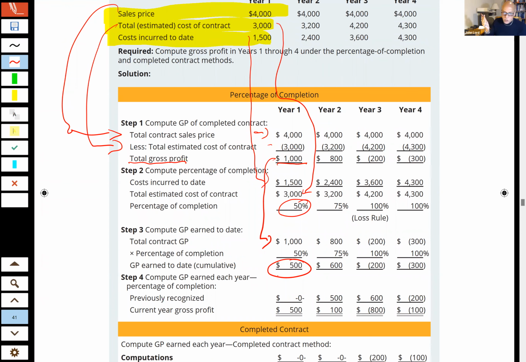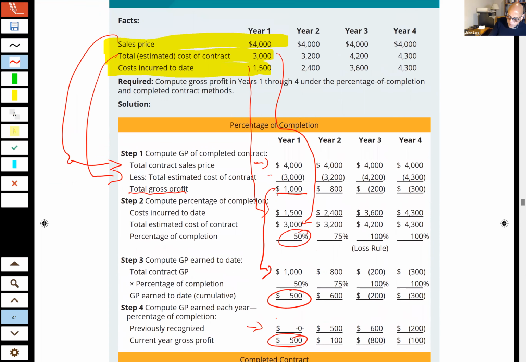500,000. This is year one of the contract. So there's no contract that's been recognized previously. So I say, okay, I earned all that this year. Now I go into year two, and this contract has some sort of fixed price on it, $4 million. I now estimate that my total costs are 3.2. So now I'm thinking my profit is only 800,000. Guys, don't write this. Don't scribble all over this example.